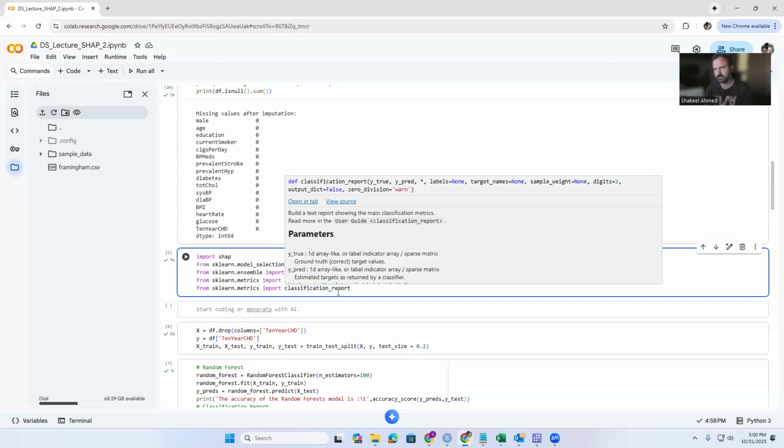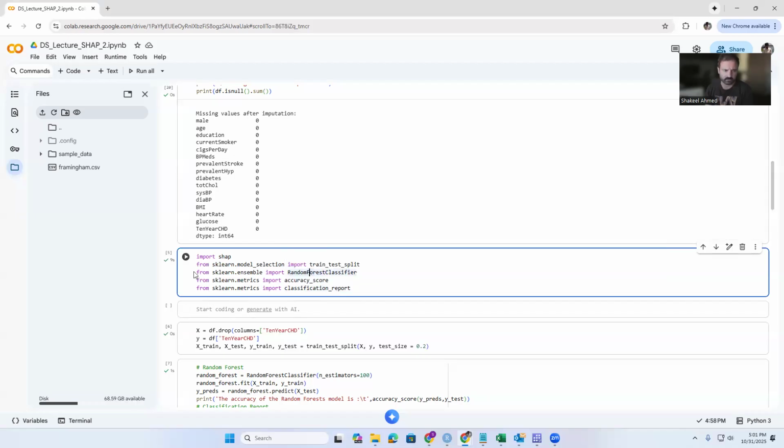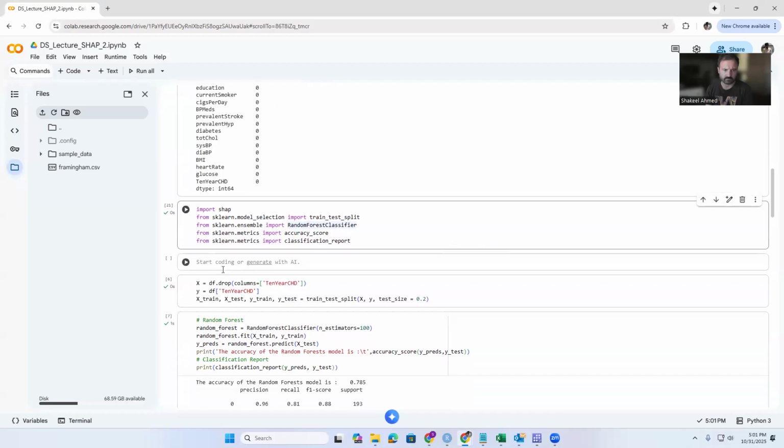For example, the false positive rate, true negative rate, and other things: F1 score, recall, precision. So we are importing these packages,